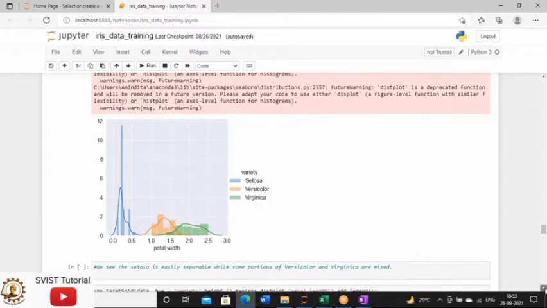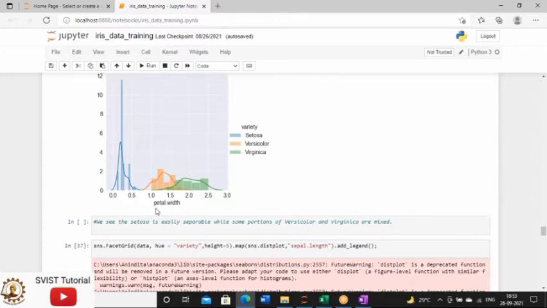But if you see this plot clearly, you will understand I have used only one column, that is petal width. And here I am plotting this value. What kind of plot it is, I will explain to you, but first try to understand the essence of this plot. Here I have used only one column name. The question is why I am using this one column name. See, this kind of univariate analysis is useful in order to understand which particular feature is very important for my data set.